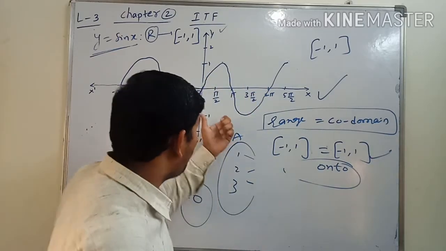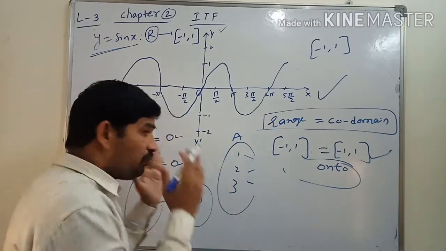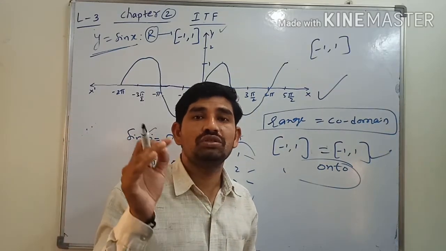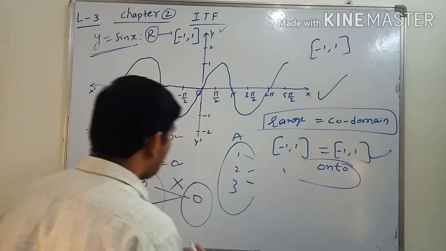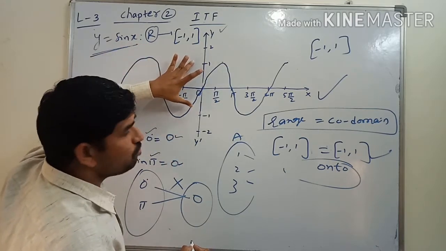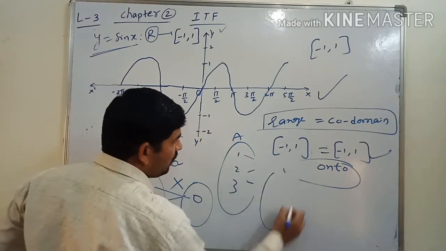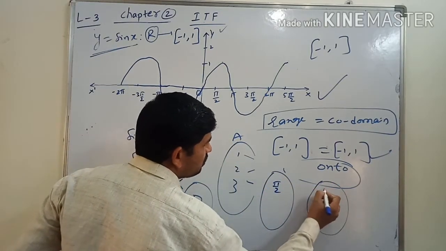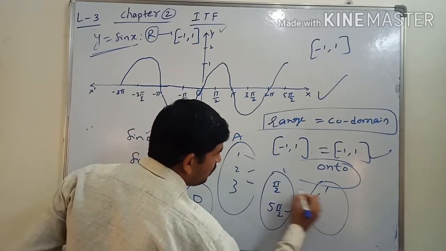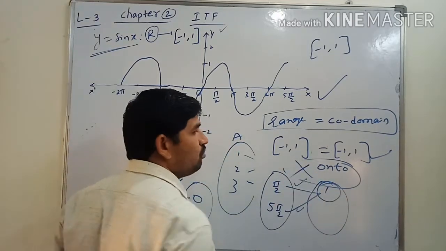Having the same image, remember, means it is not one-one. Different values should have different images; only then is the function a one-one function. These are all real numbers we are taking, which should be between -1 and 1, no doubt. But by taking pi by 2, sin 90 is 1 and sin 5 pi by 2 is also 1. Remember that: different values having the same image, so again it is not a one-one function.